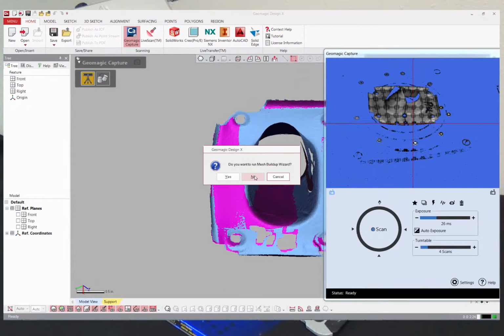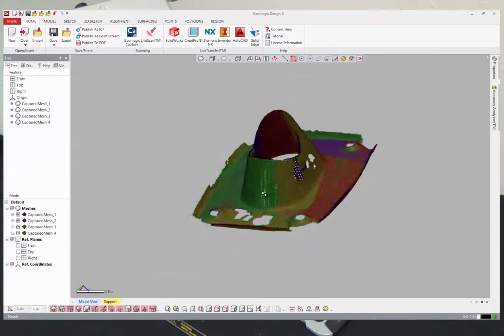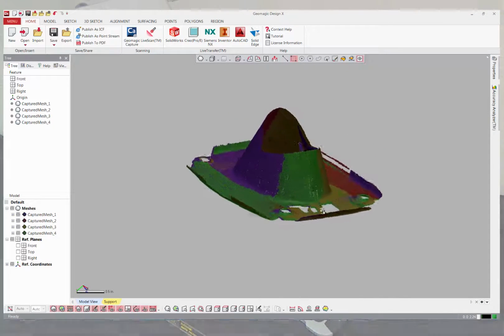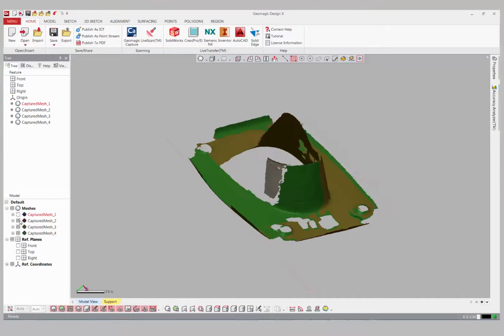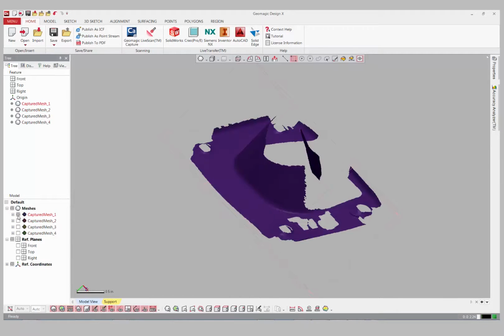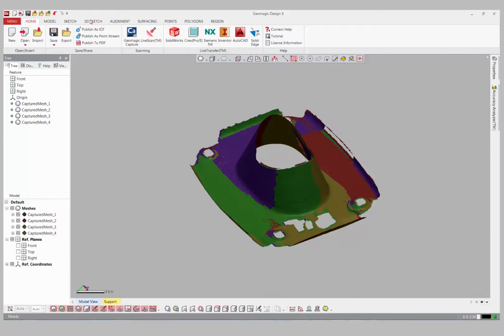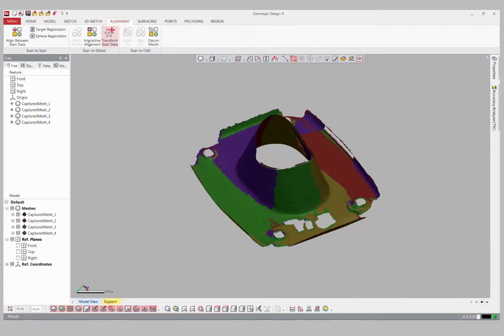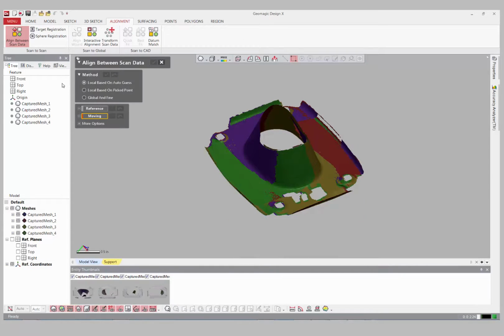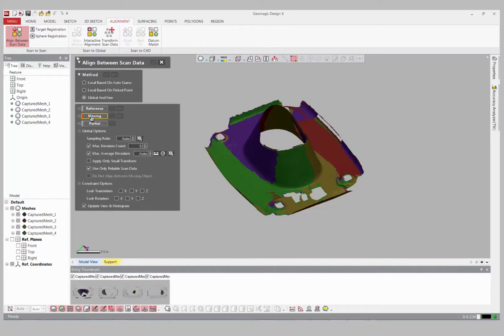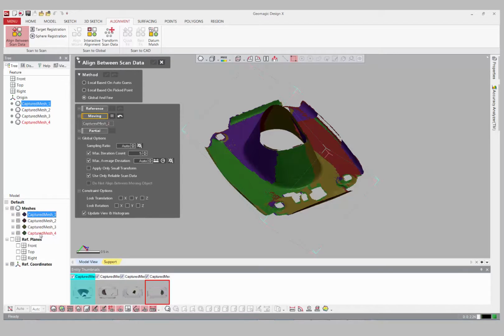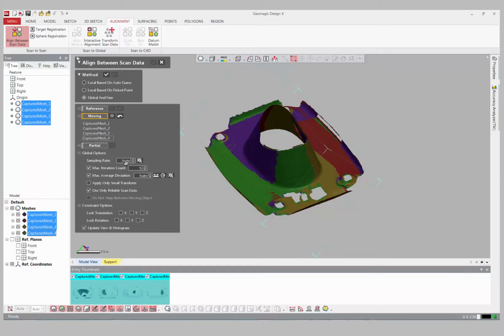Once the scan is complete, it's going to ask us a couple questions. We're going to go ahead and close out of this so I can show you that we have 4 distinct scans here. We can turn off and on those individual scans. The software calls them capture meshes. And at this point, we're going to actually align this data. While the software does align automatically, we can always refine the alignment. So we're going to go ahead and do a refinement here